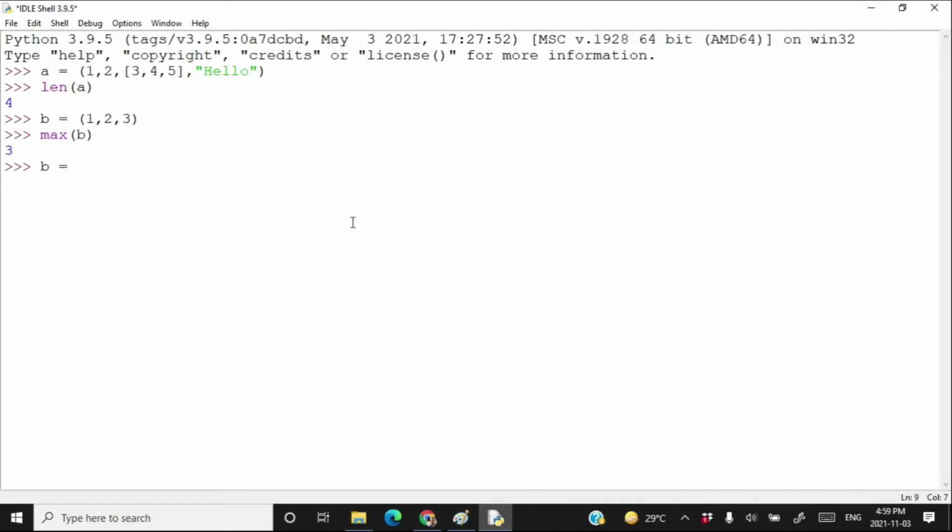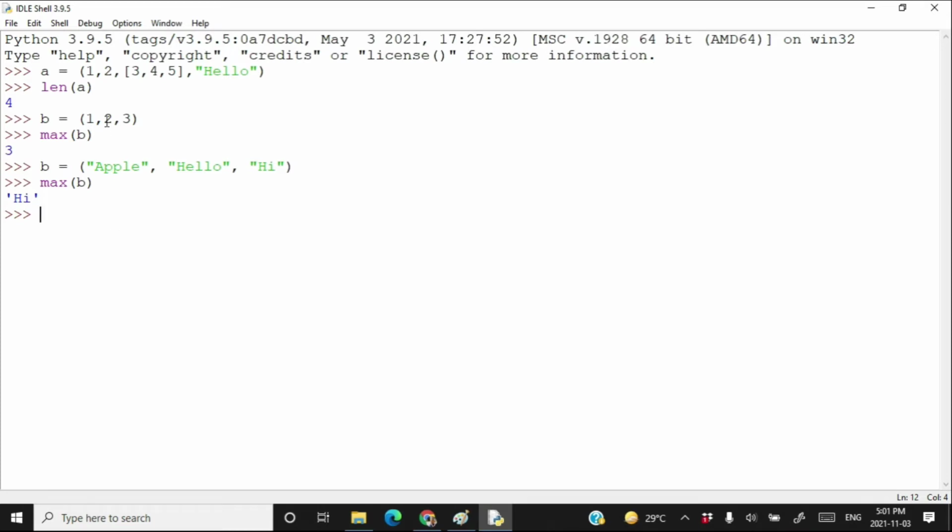If I write b is equal to apple, hello and hi, what is the maximum in b? The maximum element of b is hi. This is the highest element of the tuple. Here you know that different strings are comparable, so we can compare these strings. Which of the strings is maximum can be calculated by writing max b.